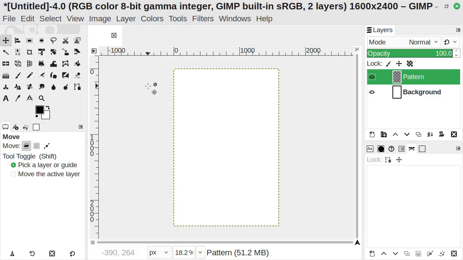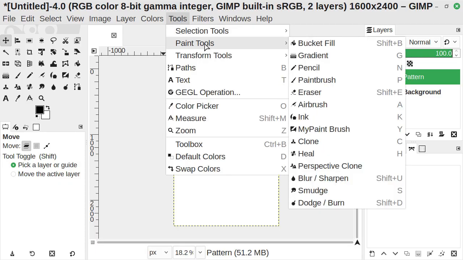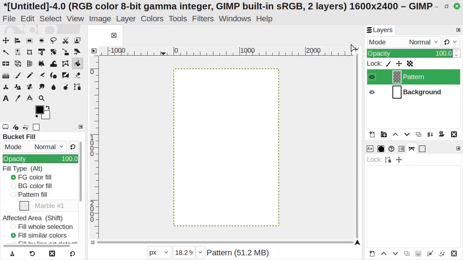Make the Bucket Fill tool active by going to Tools, Paint Tools, and Bucket Fill. In the tool options on the left side, you will see multiple choices for the fill type. In this case, we want to use the Pattern Fill option, so click there, and the box below it will appear visible. Click the box,